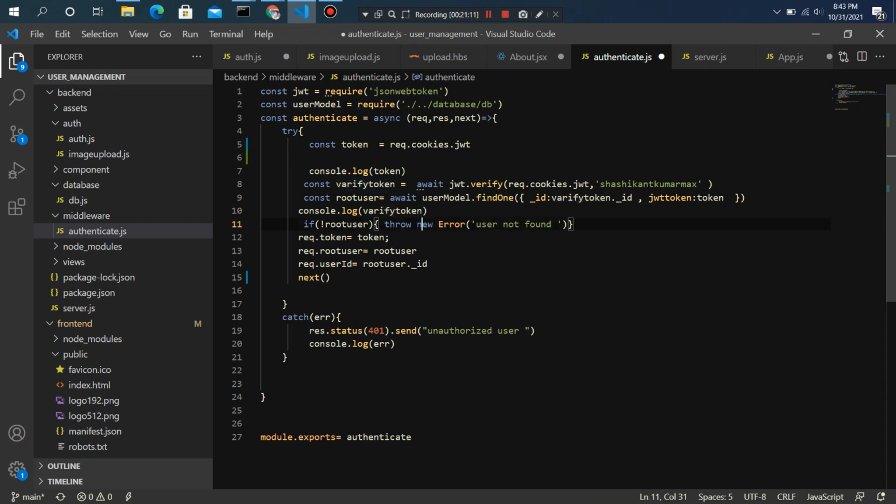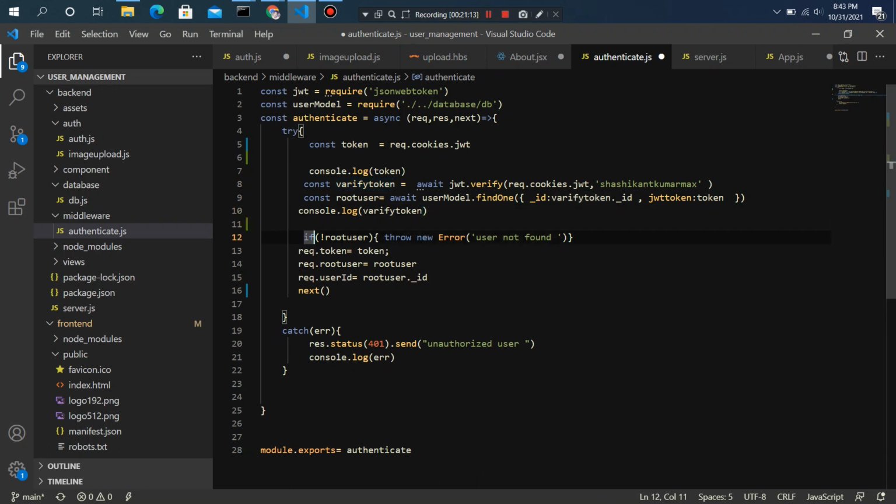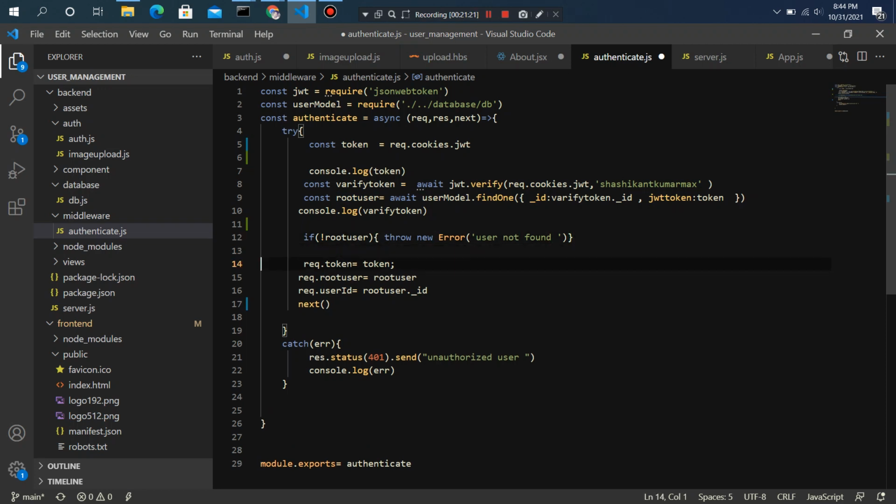I was just checking this during the development phase, and if the root user does not exist, then we simply throw an error, and after that we are sending all these three values to the database.